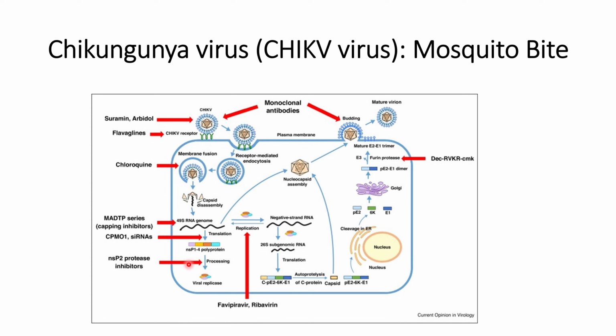After the cleavage by NSP2, that is non-structural protein 2, NSP1 to 4 can form a viral replicase, and this viral replicase can then help in the replication of the negative strand RNA template from this 49S RNA genome, and also help in the transformation from negative strand RNA to 26S subgenomic RNA